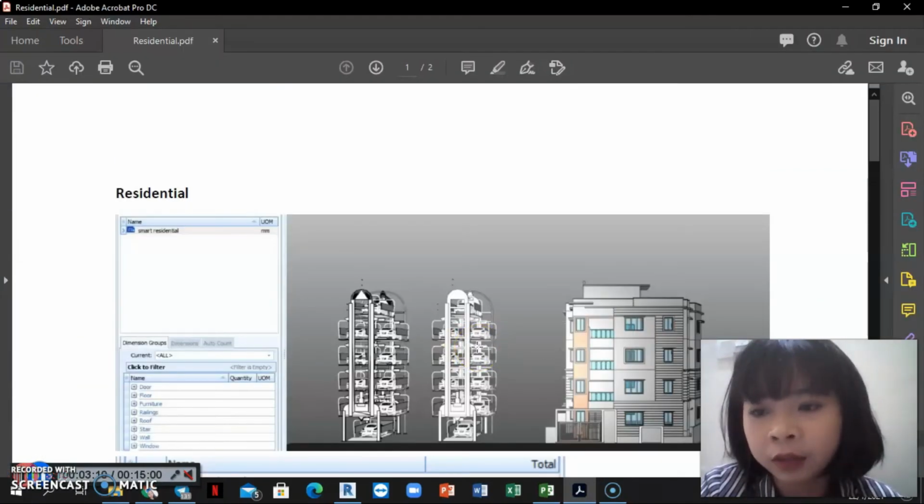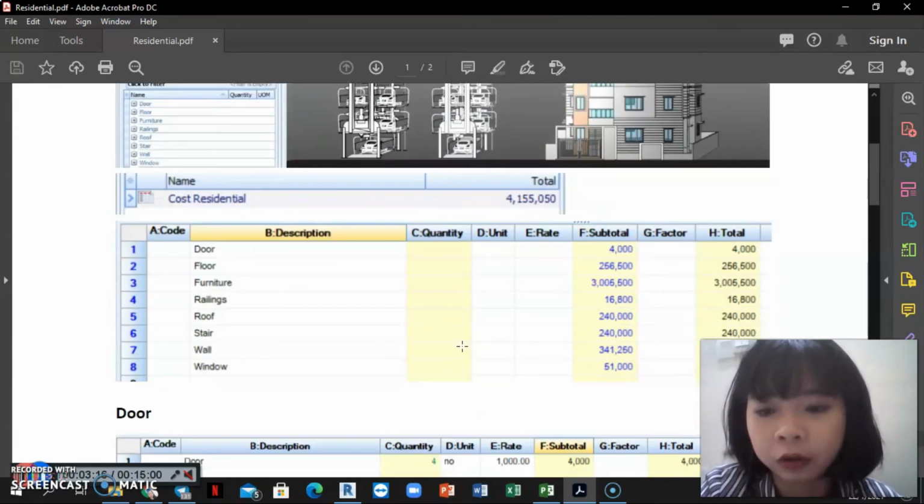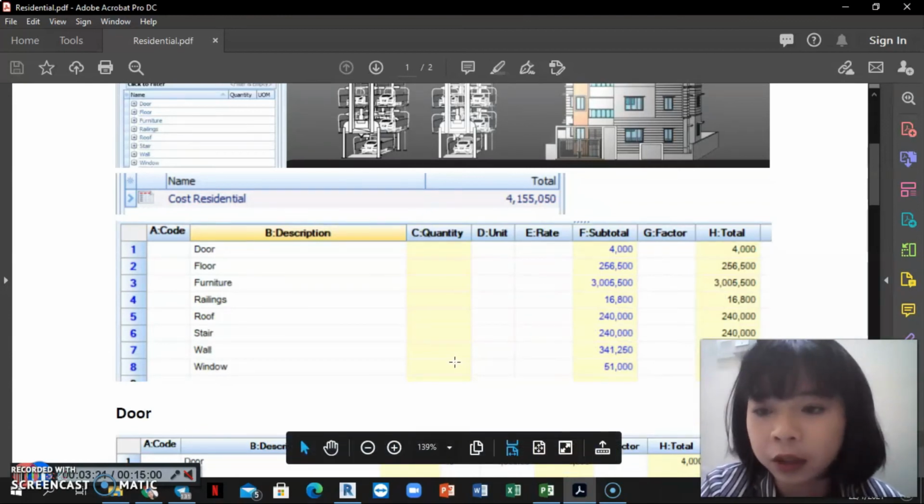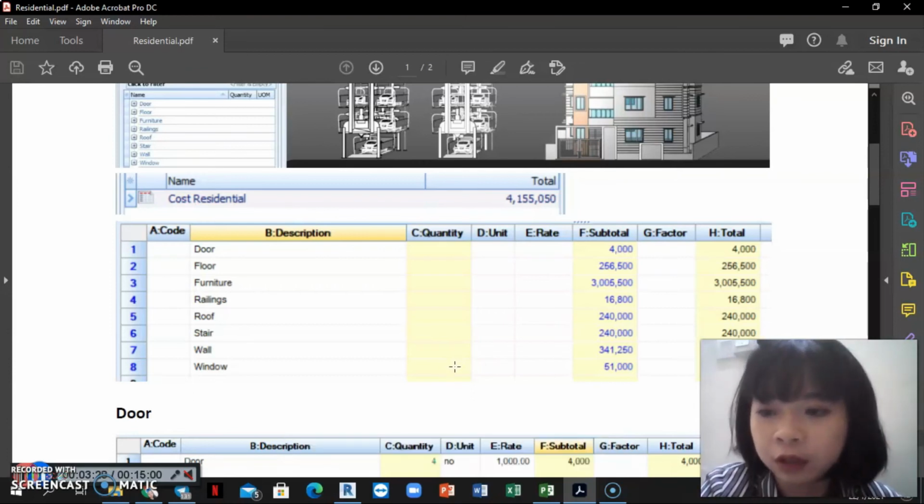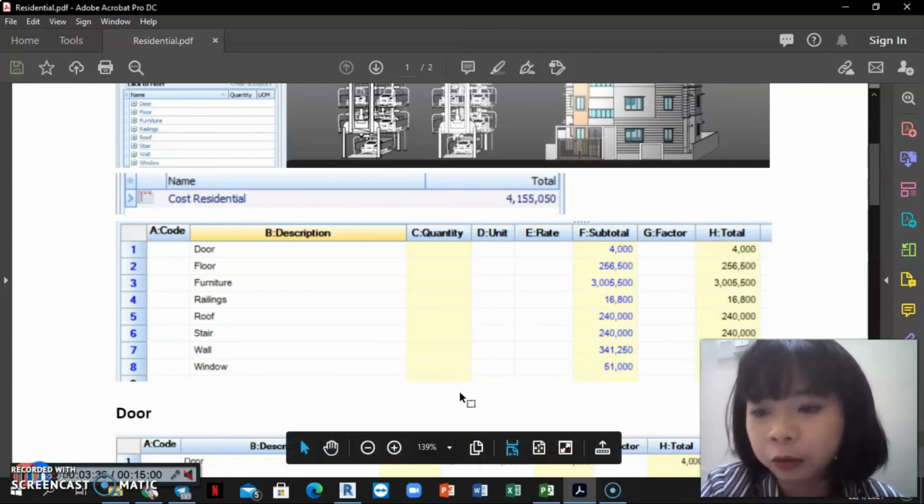Apart from that, regarding the cost for the residential building, it is spent 4,000 for door, 25.6 thousand ringgit for floor, other elements such as casement work which costs 5.5 thousand ringgit Malaysia, and railing for car roads which costs 16.8 thousand. Roof will cost 240,000,